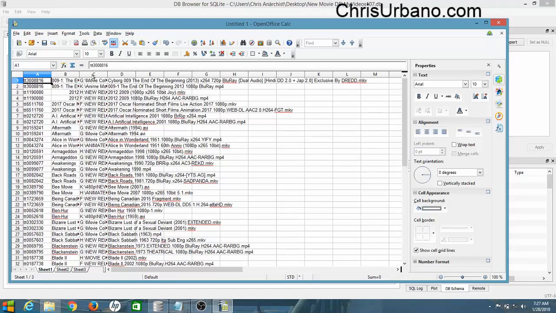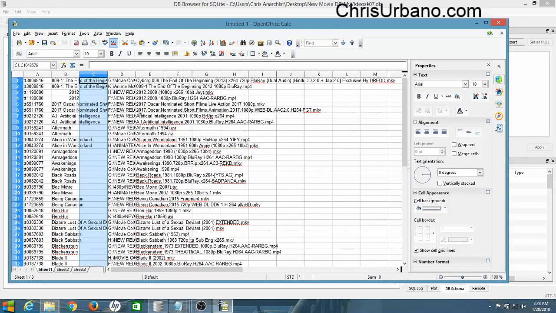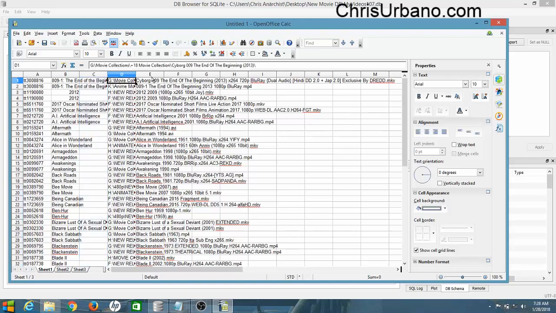So if you want to clean this up some, I'm going to insert a column here. That way we have the actual path and the actual movie name. We are going to combine the 2 fields into one to make it easier to read. I created a blank column in between the title and the path and name over here. So you'll see there is nothing. This is just spill over from this field. But in the blank field,